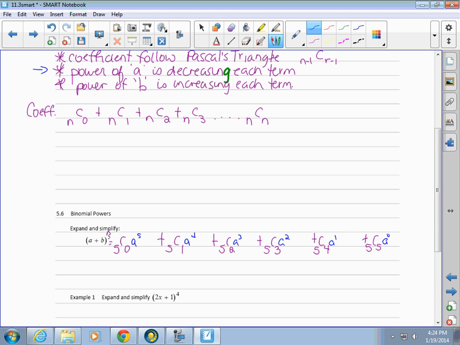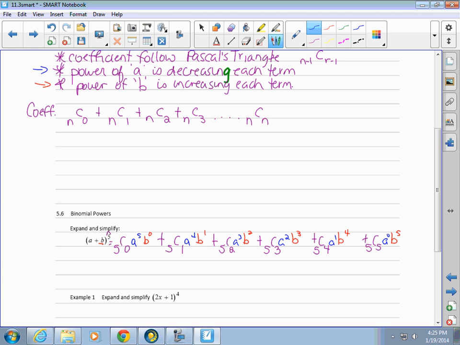My B, we said, has to increase with each term. So it starts small and then goes big. Your second term here is always going to be starting at 0. So then it'll be b1, b2, b3, b4, b5. If I put all that together,